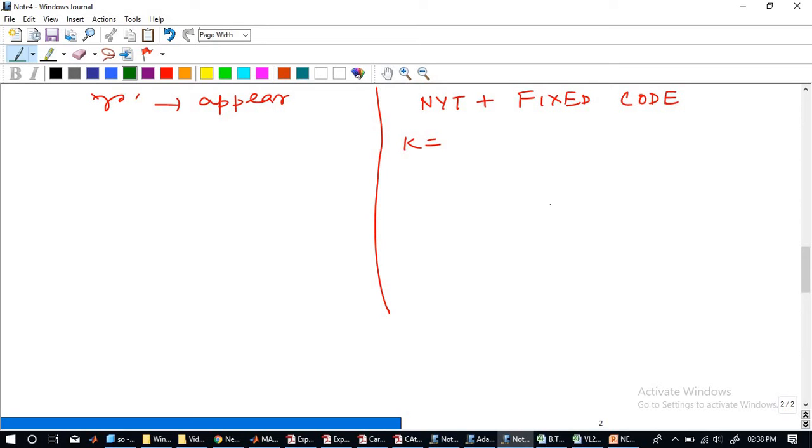So your K is 18. You write 18. Is it satisfying the condition of case 1? Is K less than or equal to 2R? Correct. So if it is satisfying the condition, naturally we have to choose the case 1 condition. What is the case 1 condition? Once again, E plus 1 bit representation of K minus 1 bits.